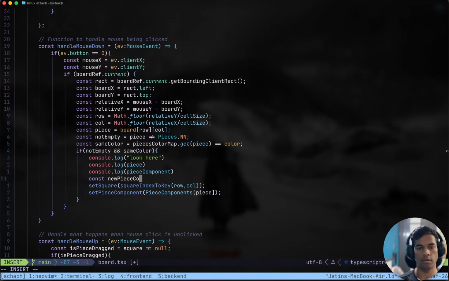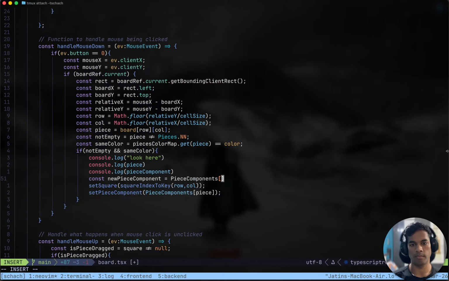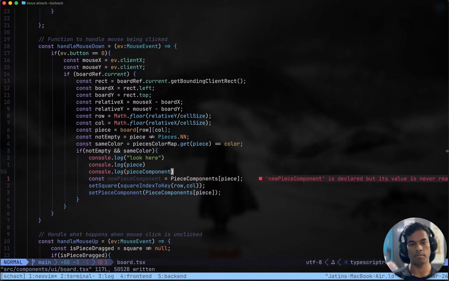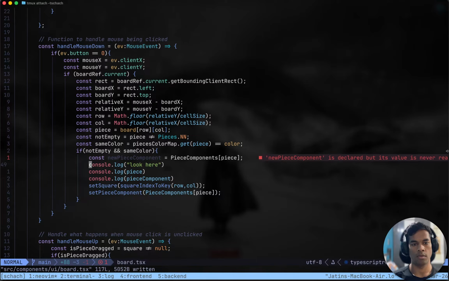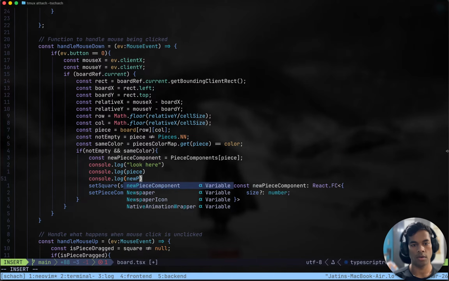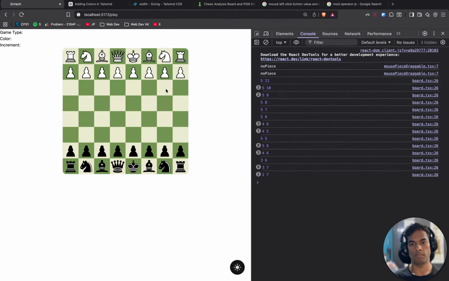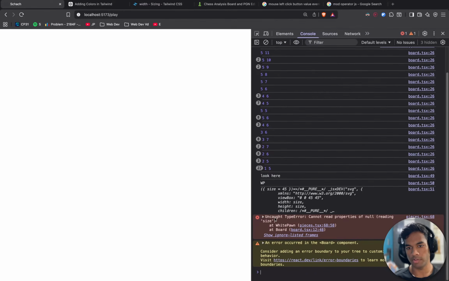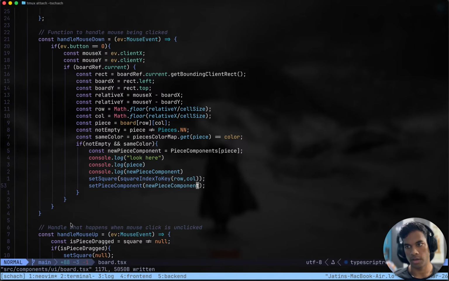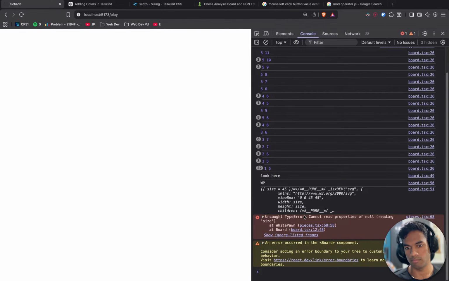Const new piece component equals piece components piece, and here console.log new piece component, and here give new component. Yep, we are getting the piece component, but then we are getting an error. Okay, why are we trying to read properties of null when we are calling white pawn?